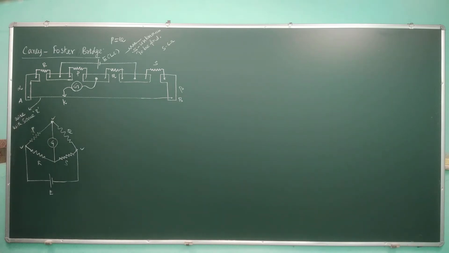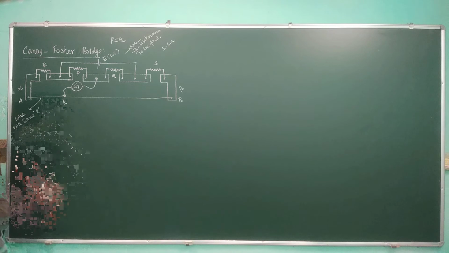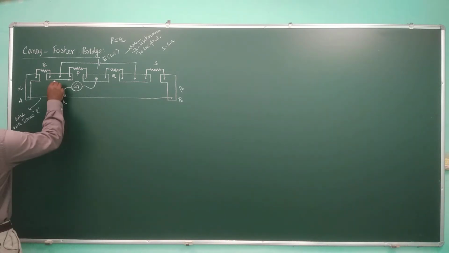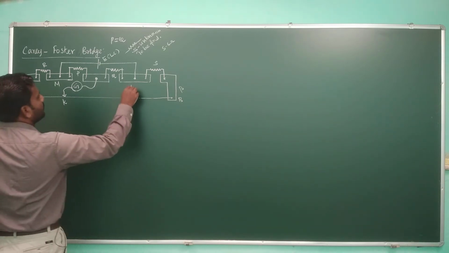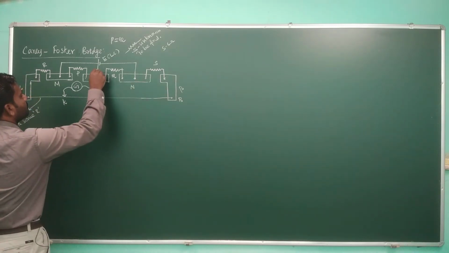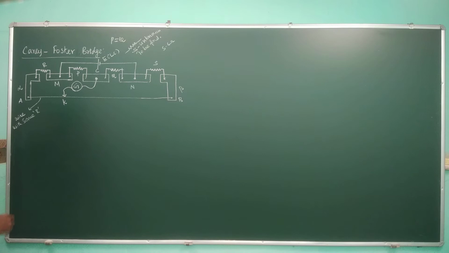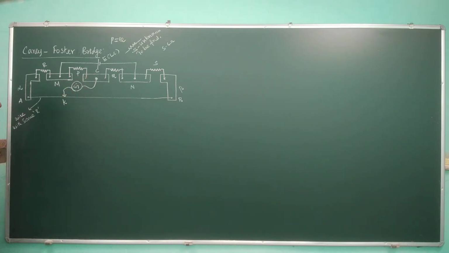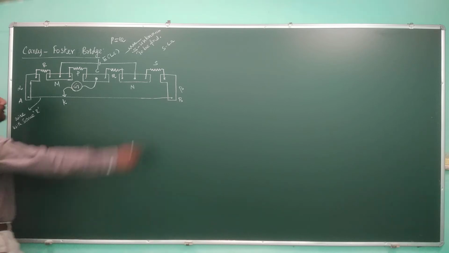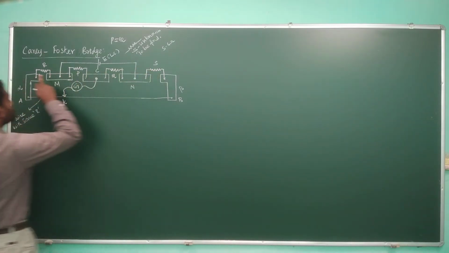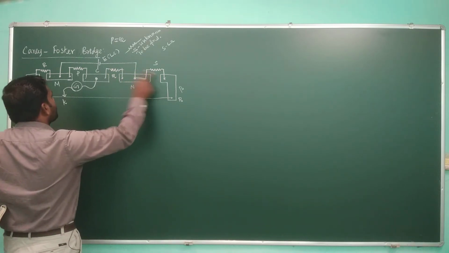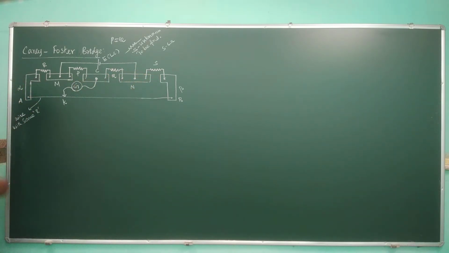Okay, fine. Now if you want, you can name this strip as M and this strip as N and this strip as C. Center strip, so C. So that's fine. Now here this is the unknown resistance, and this is a known resistor of order equal to this resistor S. P and Q are equal resistances.